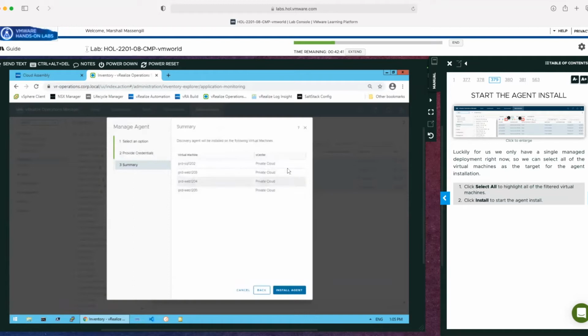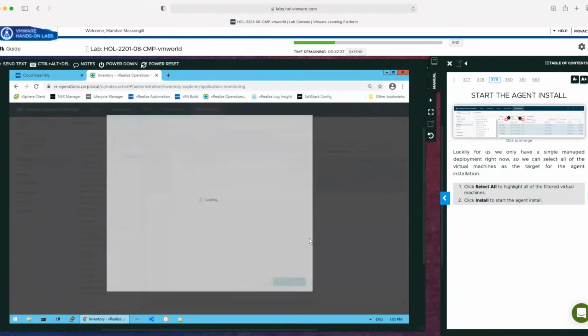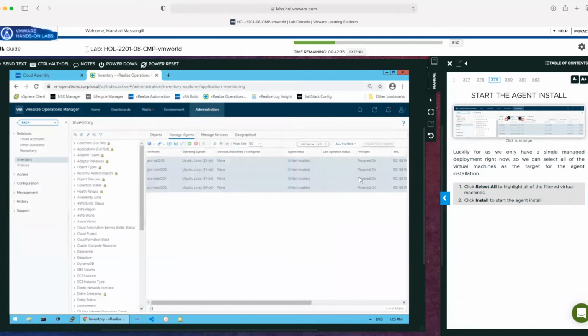It's going to give you a summary page. These are the systems we're going to install the agent on. We're going to hit install agent. And it's actually going to kick off the installation of the agent. While we are waiting,